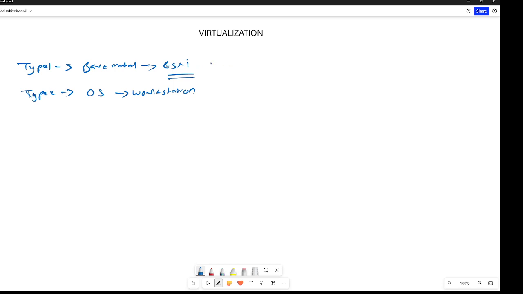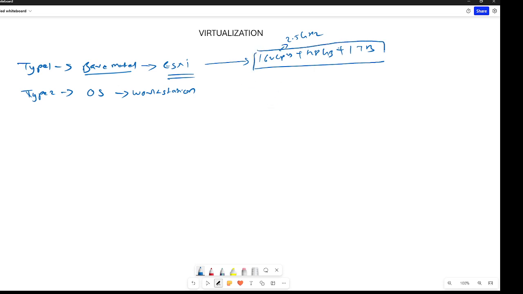Now the difference is that ESXi is directly installed on the server. Whenever the server has 16 virtual CPUs with maybe 2.5 gigahertz of speed, plus 128 GB of RAM, plus 1 TB of hard disk, this is your server specification. The whole resources will be allocated to the VMware software.